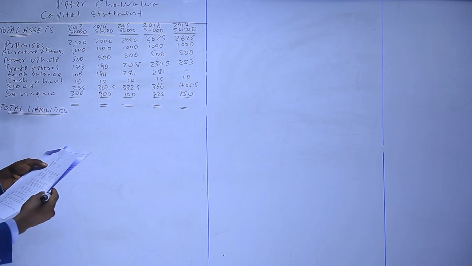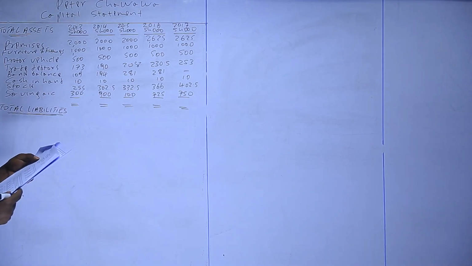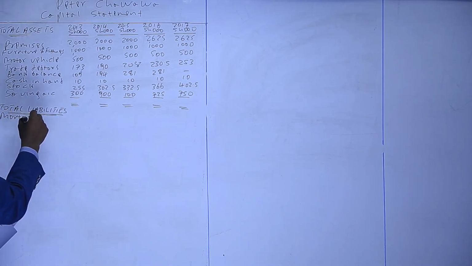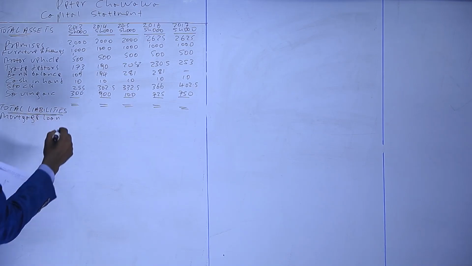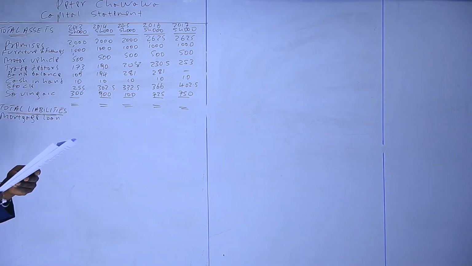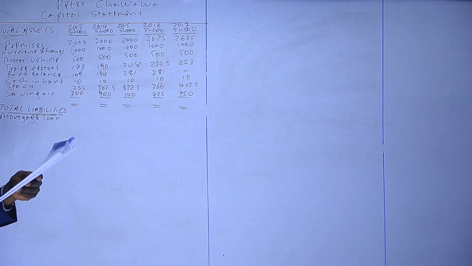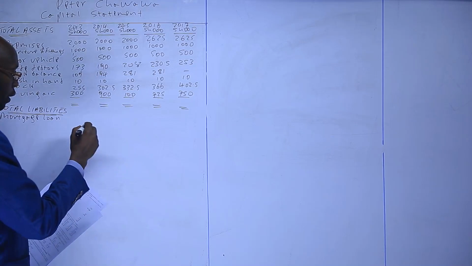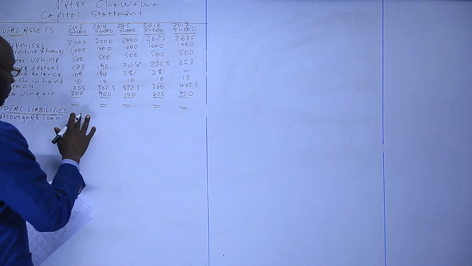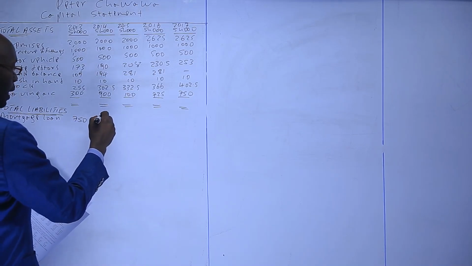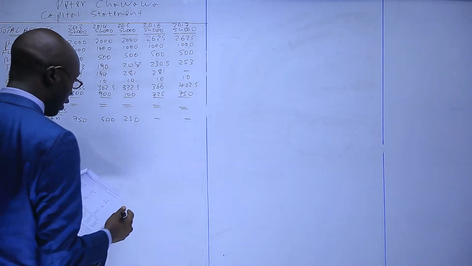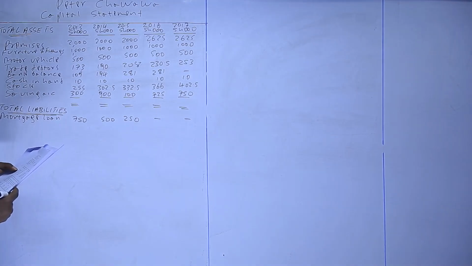So we start with the non-current liability in the balance sheet on number 1 as at 31st December 2012. We have mortgage loan. In additional information number 5, we were told that there was a payment of 250 every year. So here 1,000 minus 250 gives us 750, minus 250 again 500, minus 250, 250, minus 250, dash. And then now we bring the current liability.